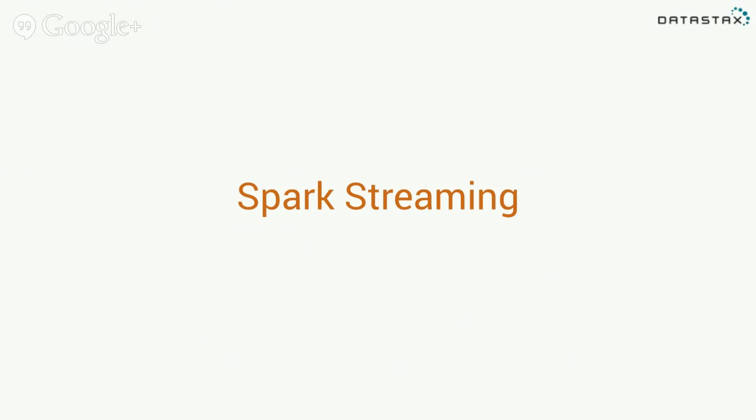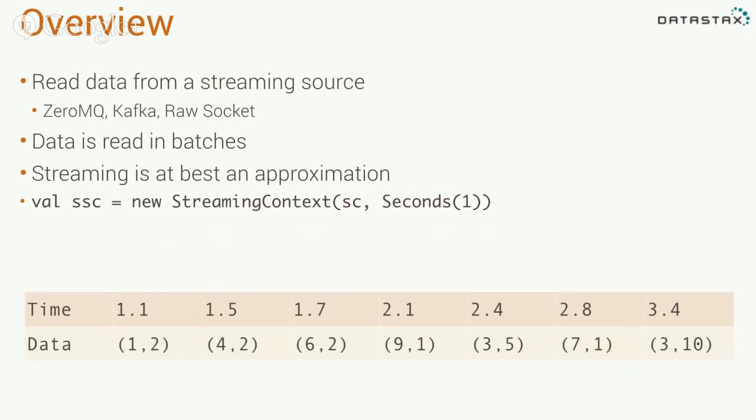It's focused on getting feedback back to the user within 2 seconds of any activity that occurs. And I'm using Spark streaming to handle all of it. Basically, what Spark streaming is, you can read data from a whole bunch of sources. Kafka is the one that I particularly like, but you can do 0MQ, you can do raw sockets, and you can even do text files or CSVs or whatever. And the way it works is data is read in batches, okay? And you define the size of the batch.